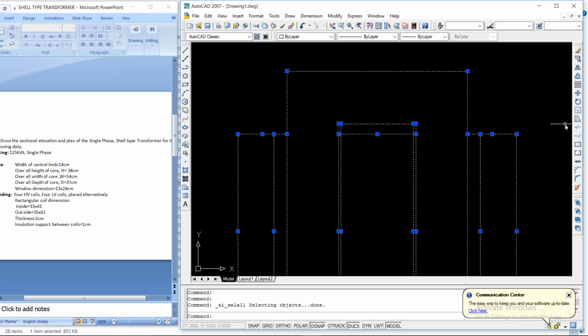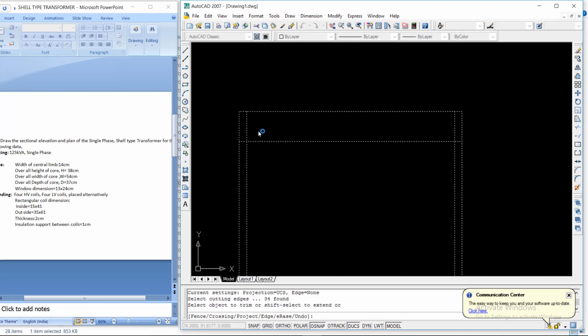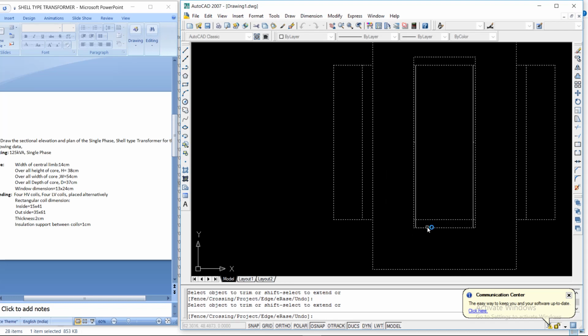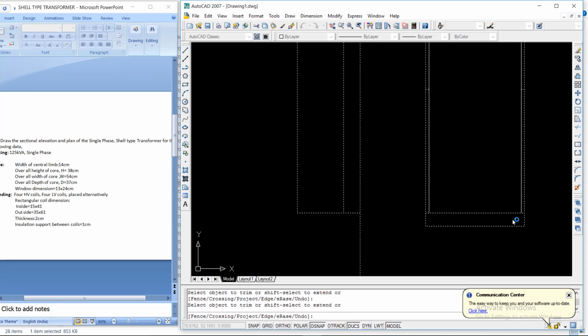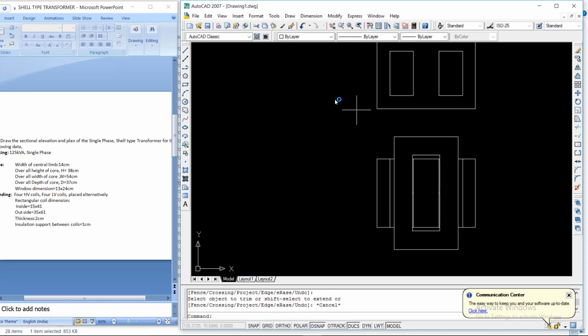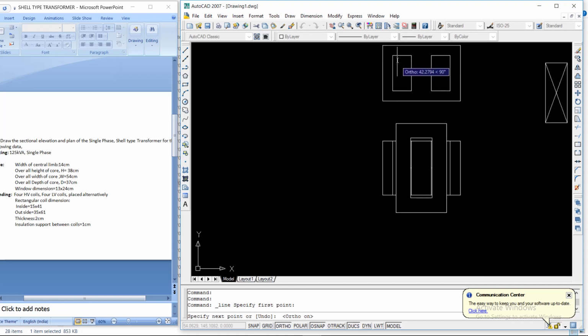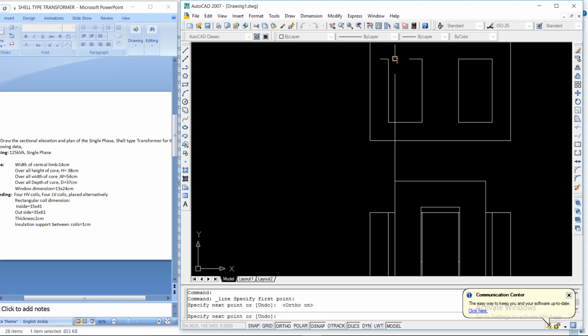Again Control A, so we can delete these portions. Now extend this portion here, up to the yoke portion. From this point extend it up to here.